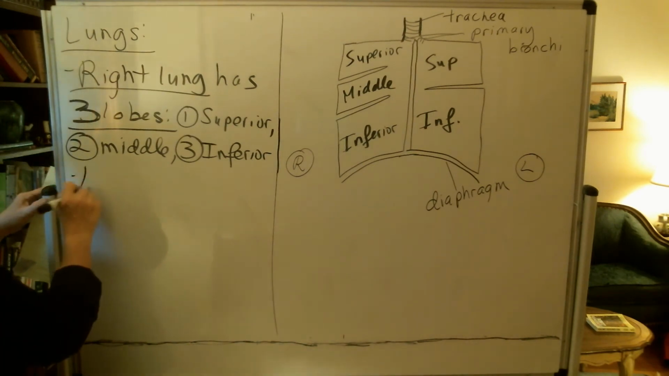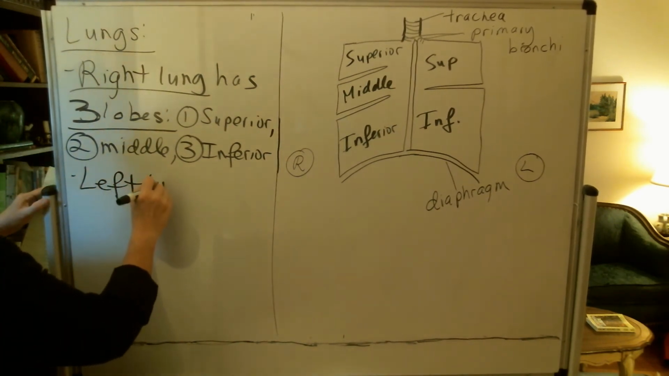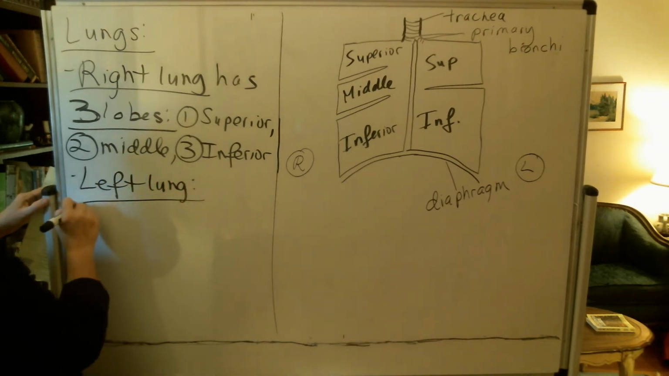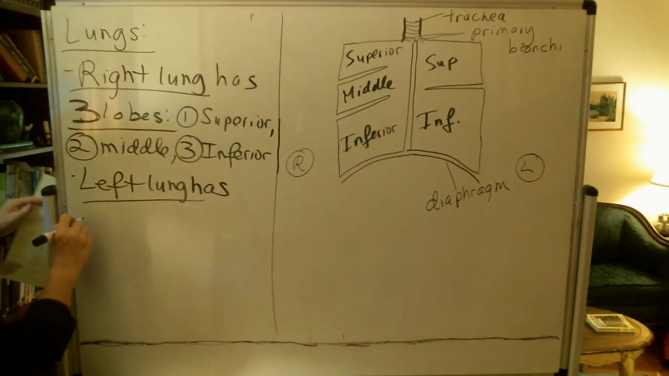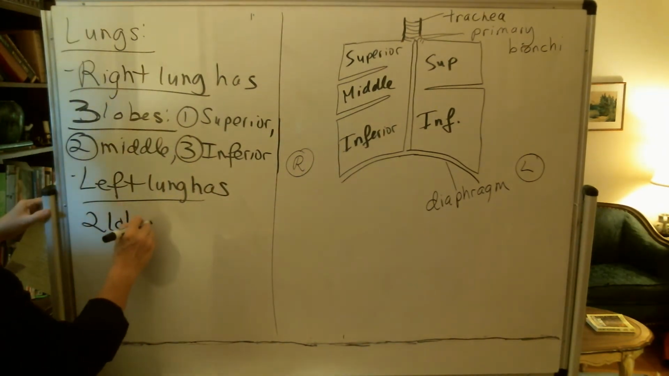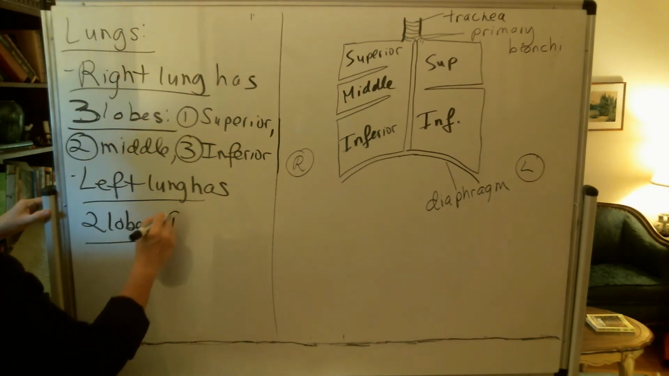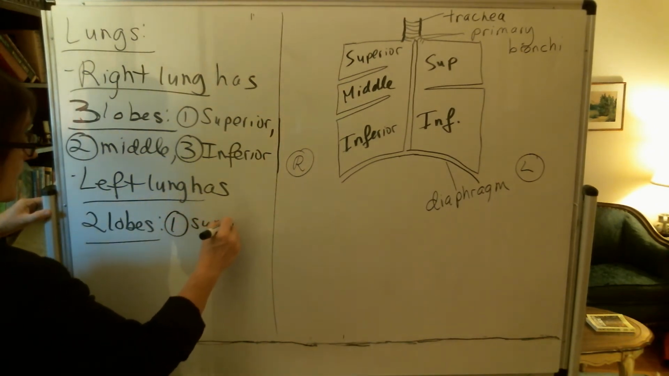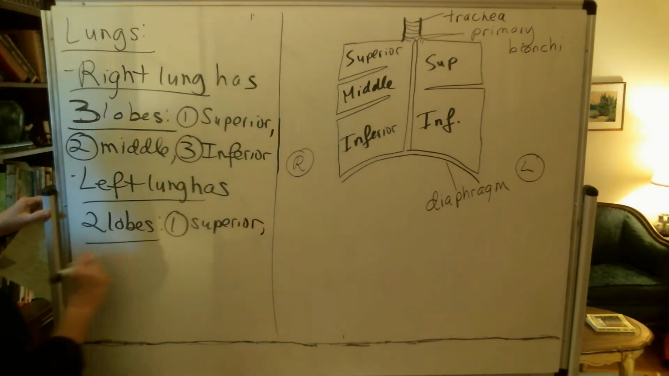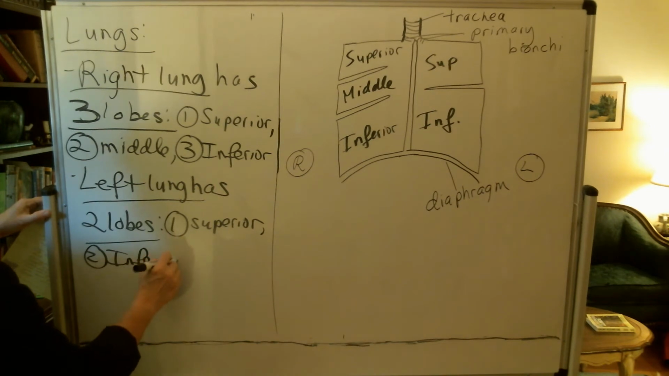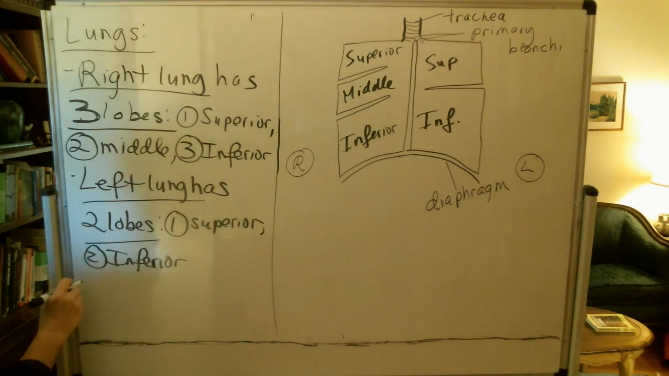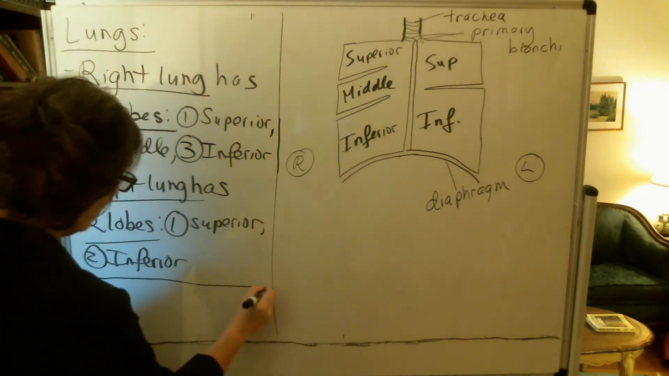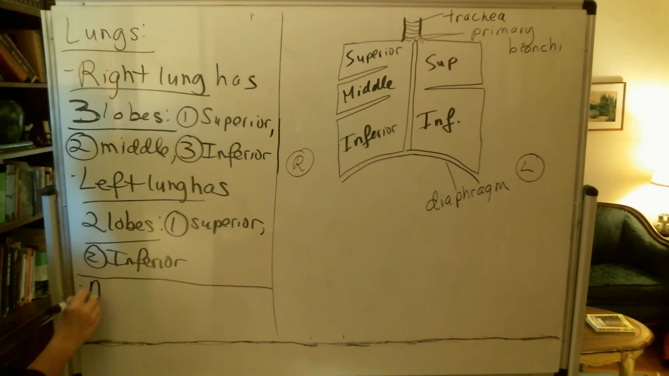And then the left lung, I'll do it this way, has 2 lobes. First, the superior, and then second, the inferior. Okay, then at the top you have, then this is just some more terminology, you have the apex